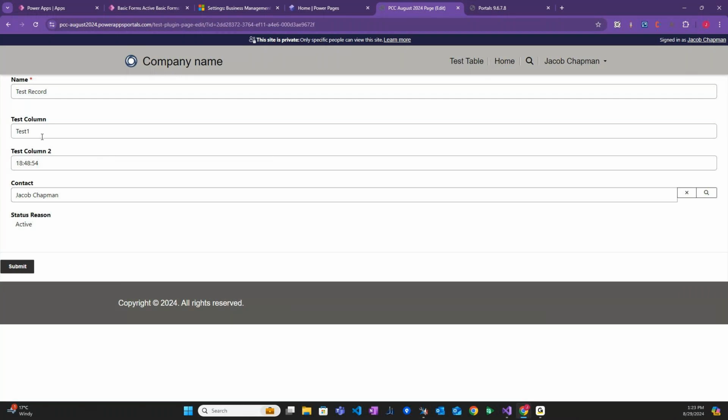So what I'm going to be doing here is triggering the plugin by updating this specific test column. So I'll just call it test2. And then the expected output is that I'm going to see an immediate change in test column 2 to the current date time. So if I hit submit now,